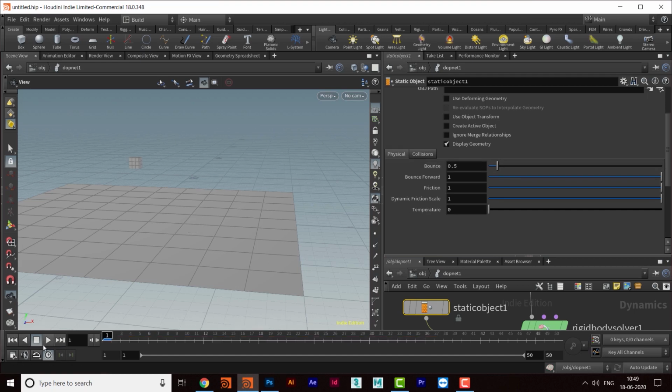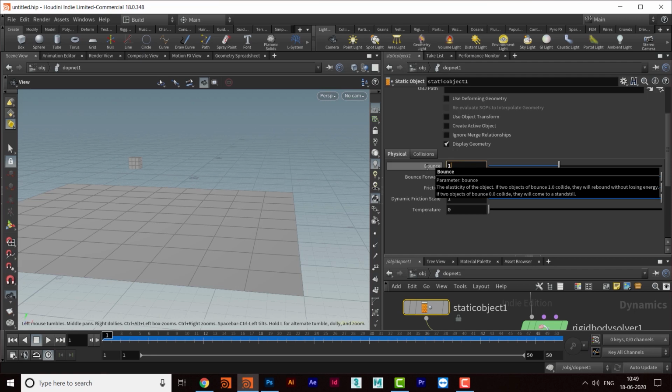Just play and see how much bounce there is in the object. If I increase this value to 1, then there will be more force coming from the ground. If I increase it some more, then there will be even more bounce. Now check it out. Why? Because the ground is transferring energy to the box and pushing it out.